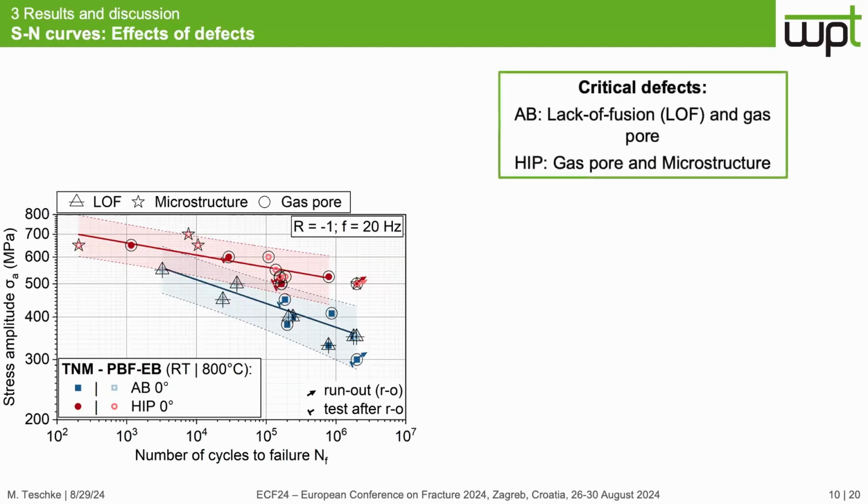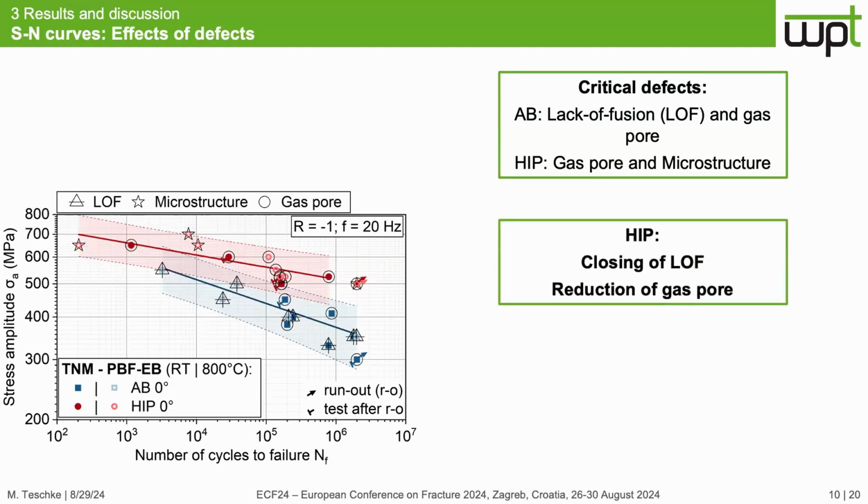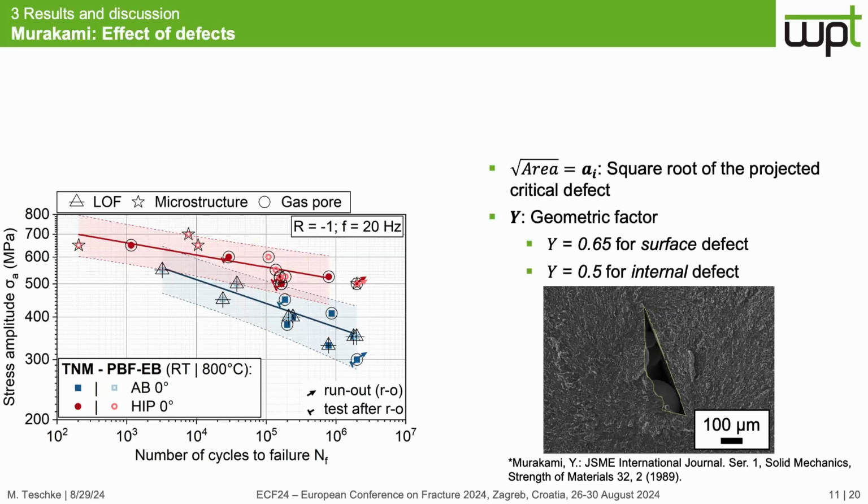And we can see that for the as-built condition, mainly lack of fusion defects lead to failure, and in some cases gas porosity, whereas for the hot isostatic pressed condition, gas porosity or this microstructure feature lead to the failure. So we can conclude that due to the hot isostatic pressing, these lack of fusion defects have been closed in such a way that they did not reopen again during the test, and healed so that they even do not reopen under the high temperatures. And maybe also the size of the defect was reduced, but to prove this,